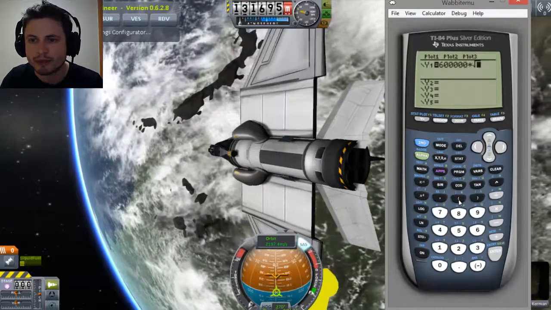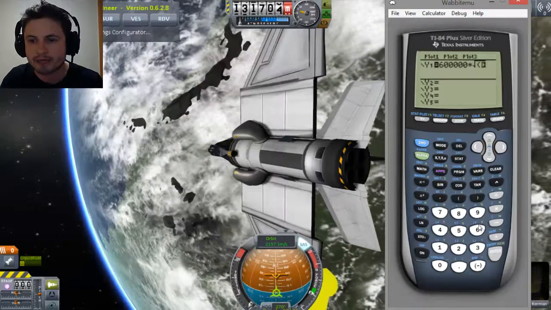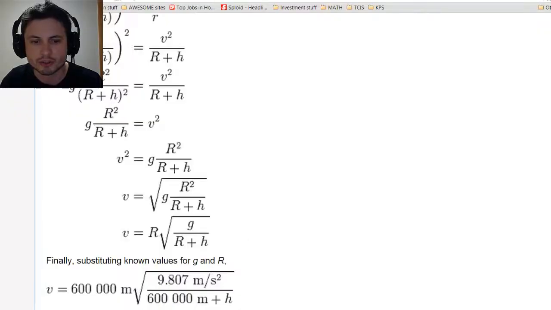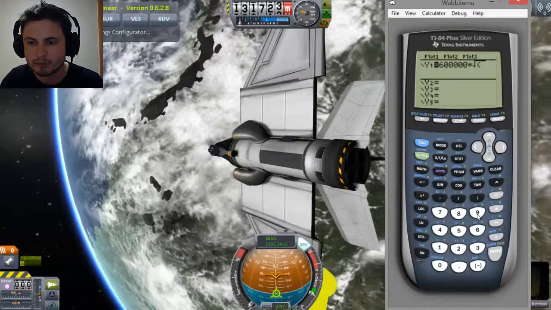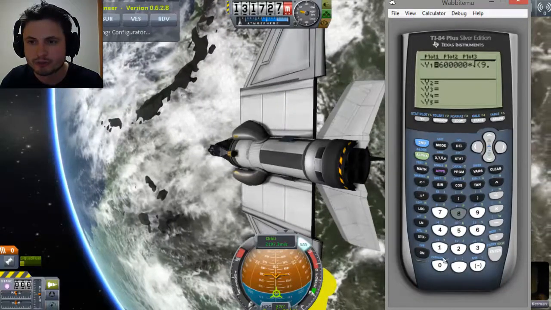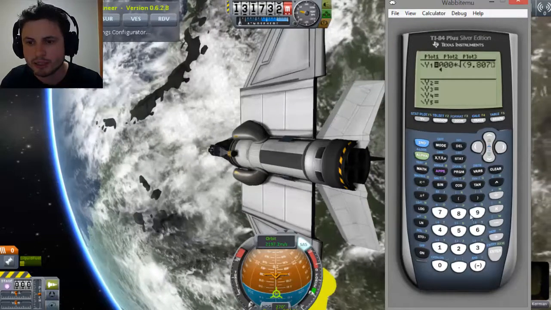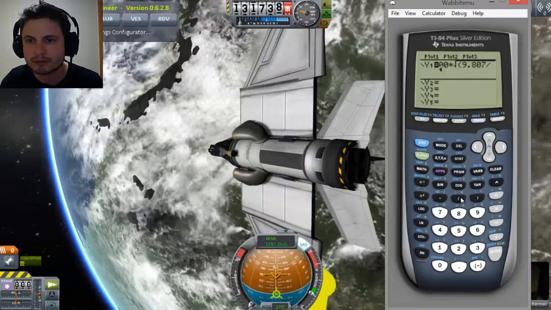I would suggest entering this in brackets just so we don't make a mistake. First value, if you look back here, is your g, so enter 9.807 meters per second squared, but we don't have to enter the units, divided by